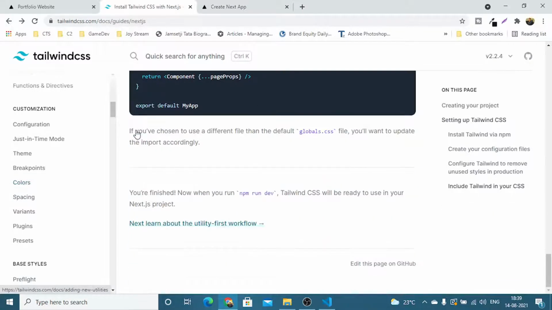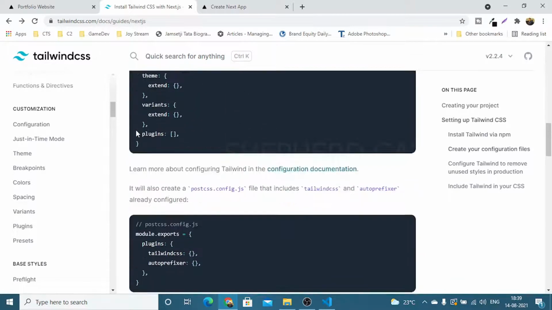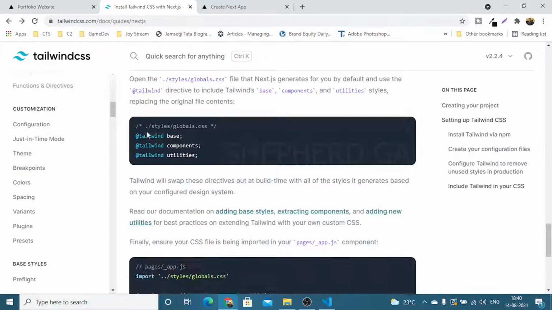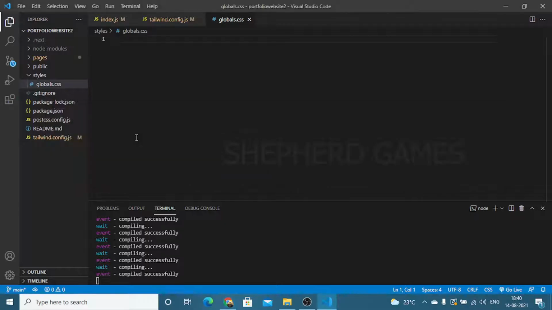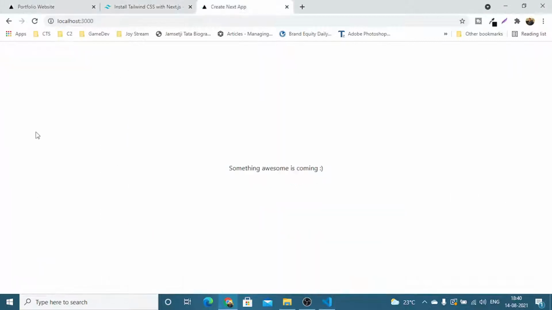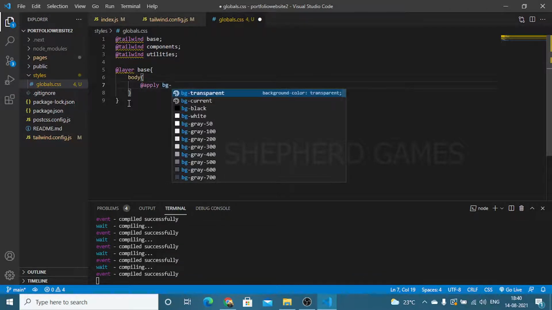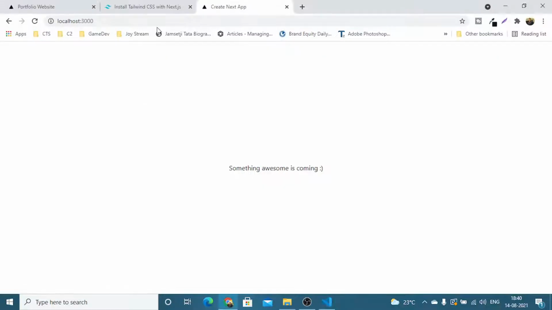Okay, so if I go back, we'll have to add these three here. And I want to make the background color of the page, by default, the color which we have chosen. So first we'll have to do layer, base, body, and apply. Now the background I want to choose is custom. Okay, so if I refresh it,